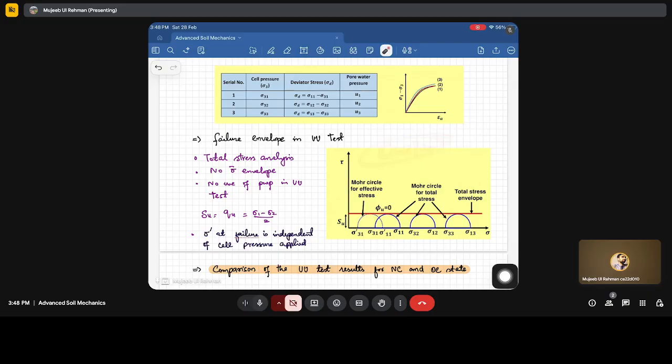Correct? Now, if we talk about the effective stresses, for example, sigma 3.1 we are applying as confining stress. Since the soil is saturated, the same amount of pore water pressure U will be generated. So when we subtract this pore water pressure from sigma 3.1, and subtract U3.1 from sigma 1.1, we get the effective stress envelope. You will always get a single